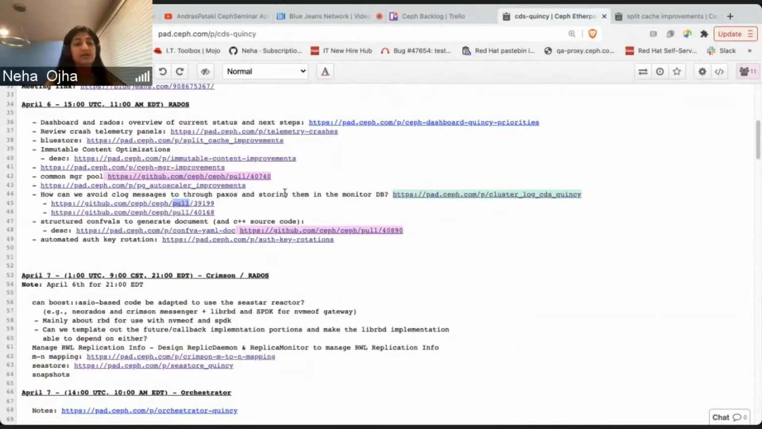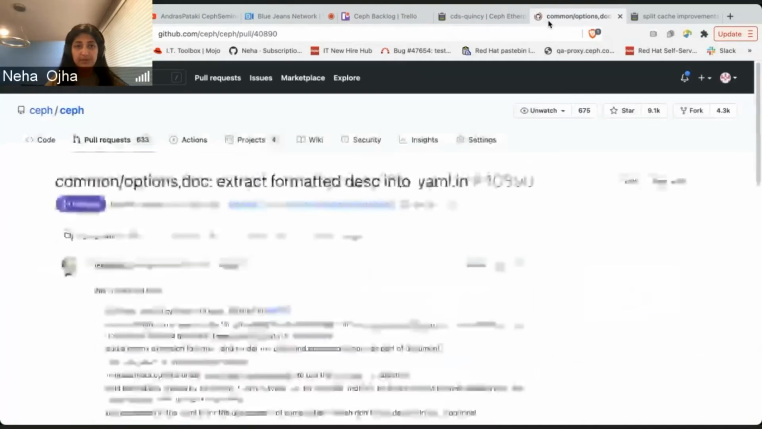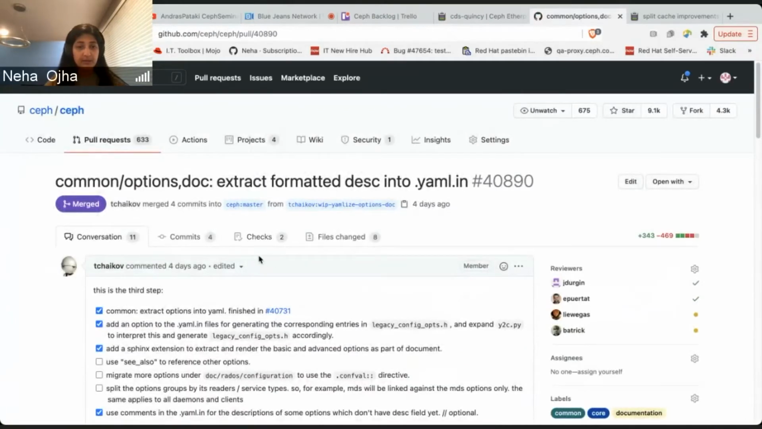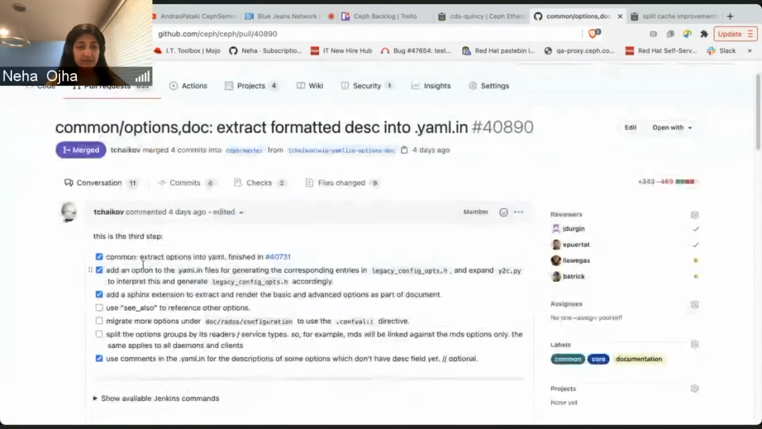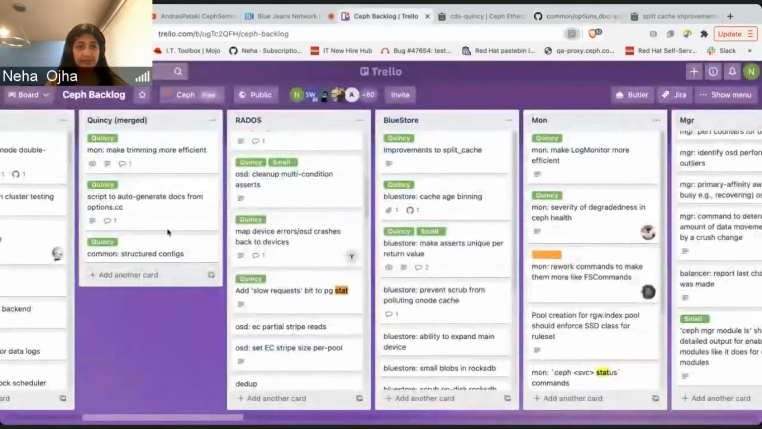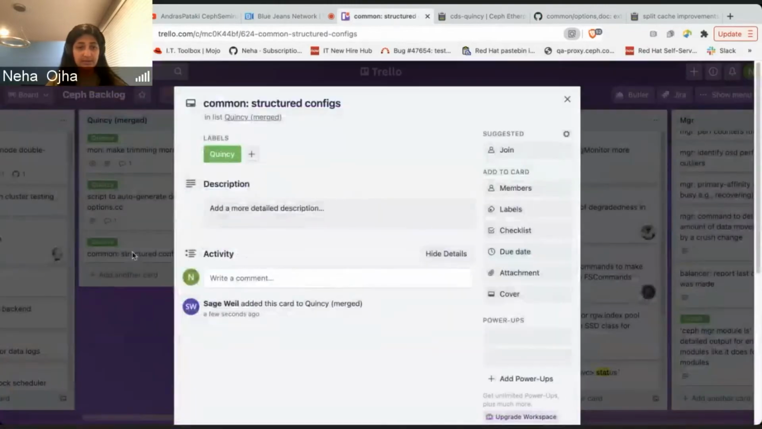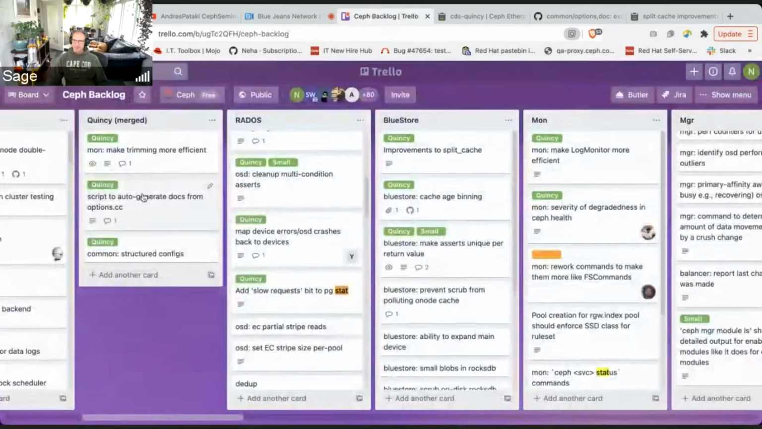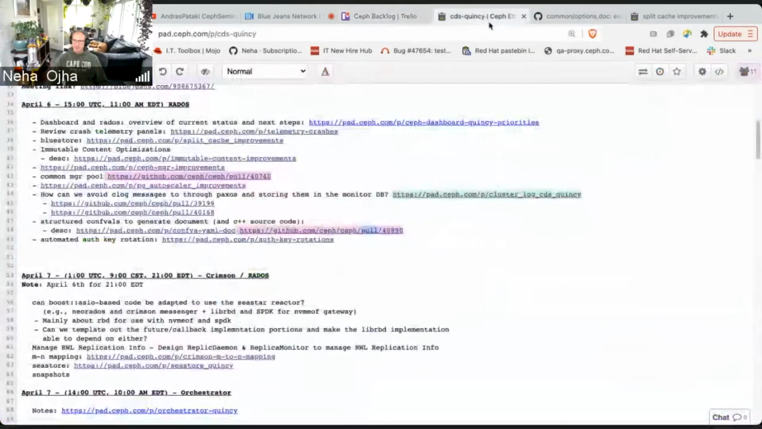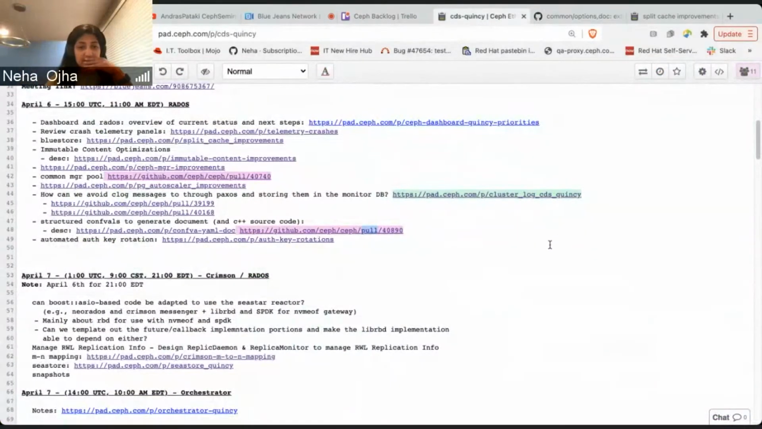Next on the list is structured conf files, and we've already merged a PR from Kifu that implements this, which is awesome. So hopefully we can get the rest of the items he has here as a part of Quincy. We've also put it in your auto-generate docs. It's already there. I'll delete this. Sorry. Yeah, it's already there. Okay,